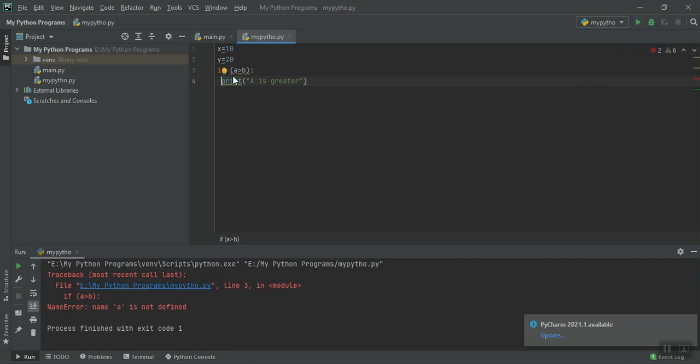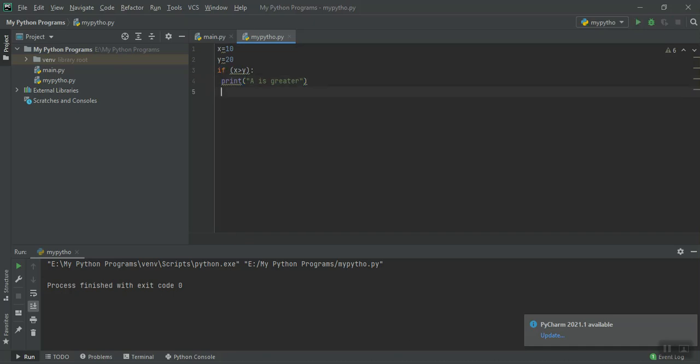A is not given, sorry. X comma y. X is greater than Y. Why has it not displayed any output? What is the reason behind this? Sir, else. The else part is not there.